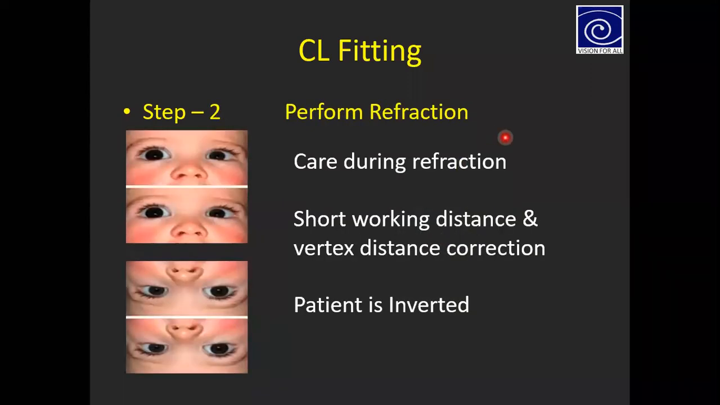Then the second thing, you have to perform the refraction. While performing refraction in children, whether under anesthesia or without anesthesia, we do not put a trial frame on the child's face, because the child's face cannot support a trial frame. There is no nose bridge, and their ears are also not very strong. So we do it without a trial frame, and the problem with that is that it's very easy to